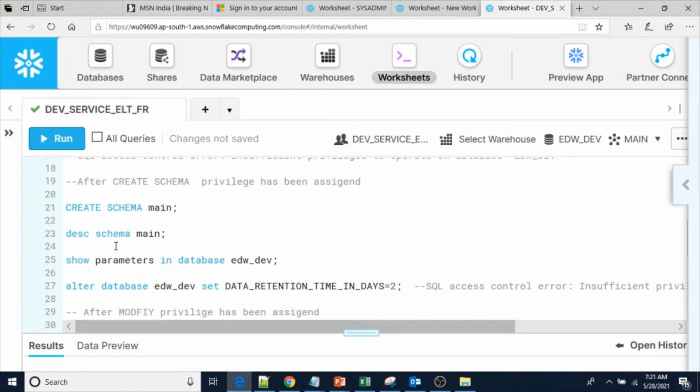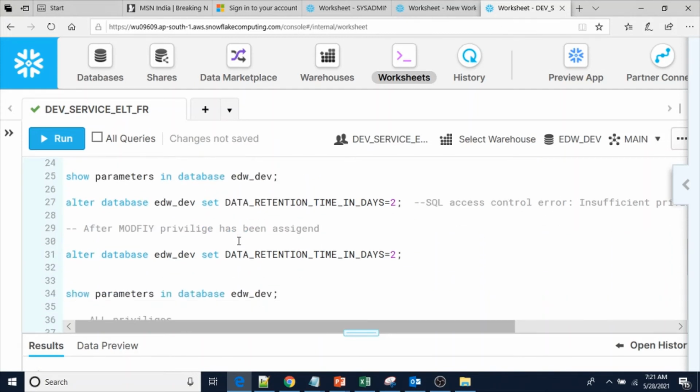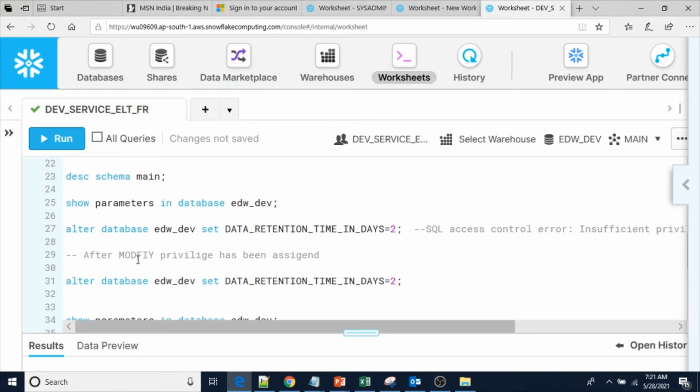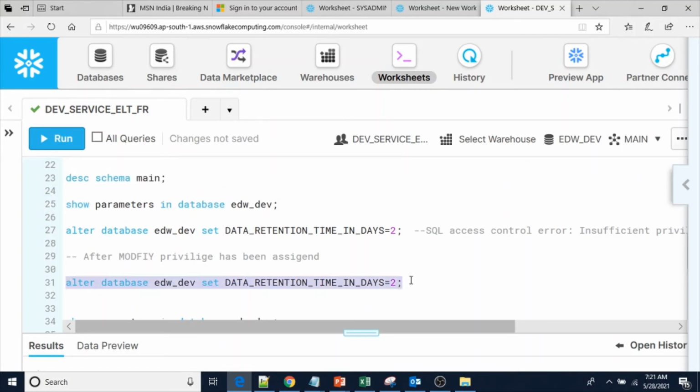So if you are going to assign this database or this schema to some other user or other role, then you have to give usage: grant usage on schema database name dot schema name. Now let me try to modify one of the properties.